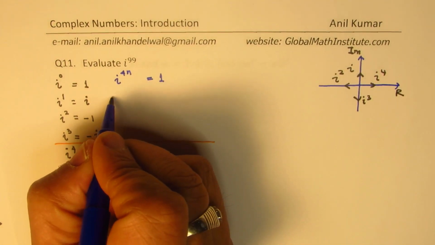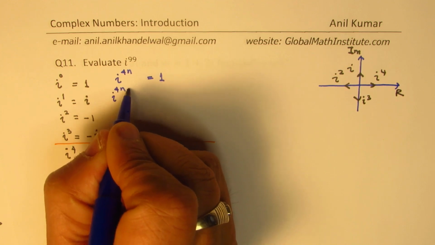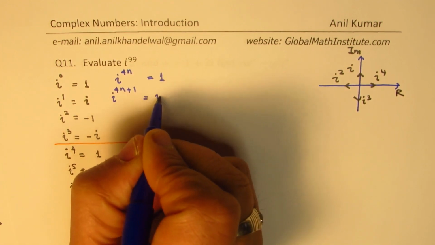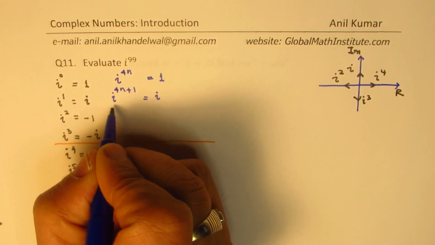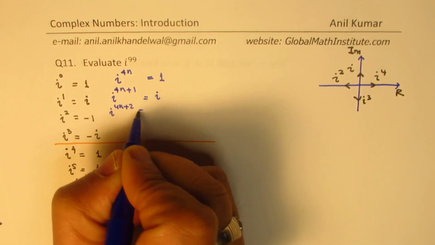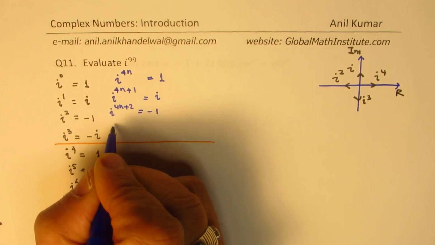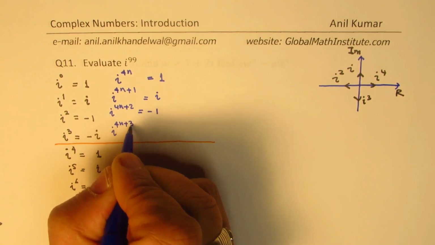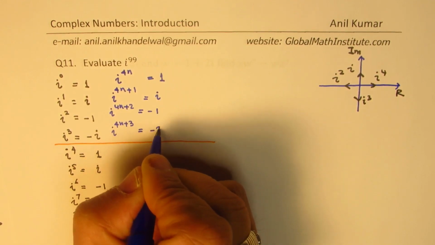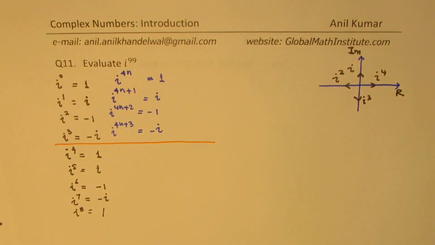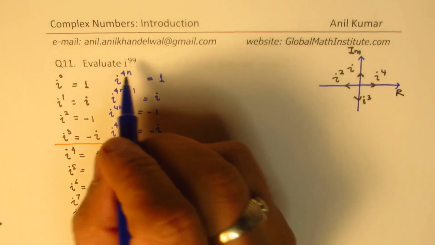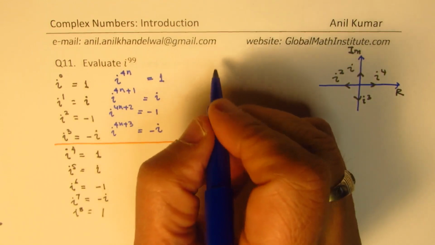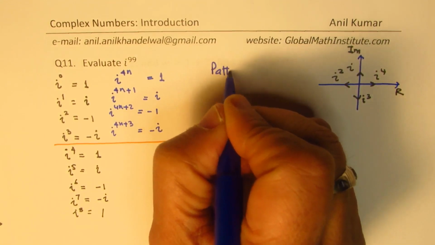So i to the power of 4n plus 1 is basically i. So i to the power of 4n plus 2 is minus 1, and i to the power of 4n plus 3 is minus i. Do you see a pattern here? Now you can use this pattern to find any powers of i, right? So use the pattern rule